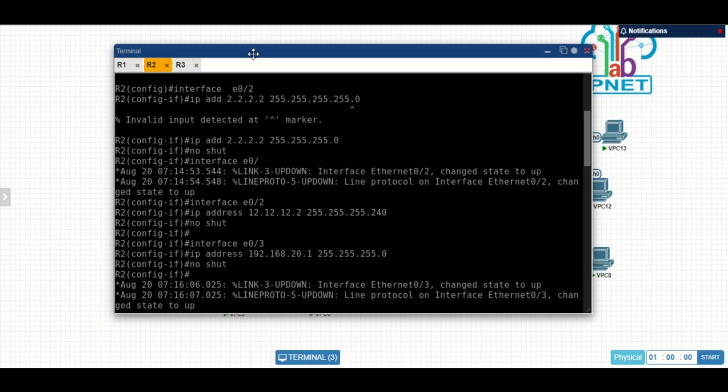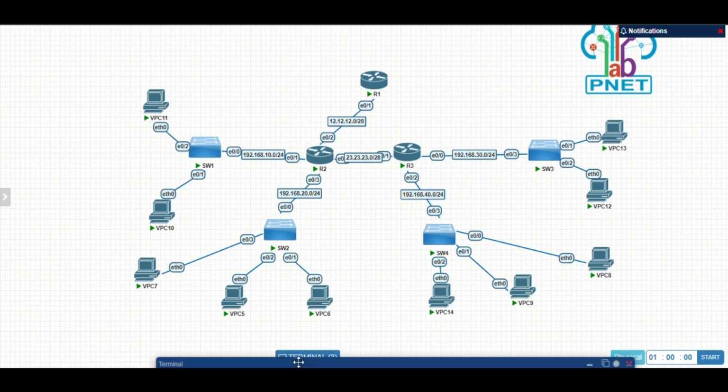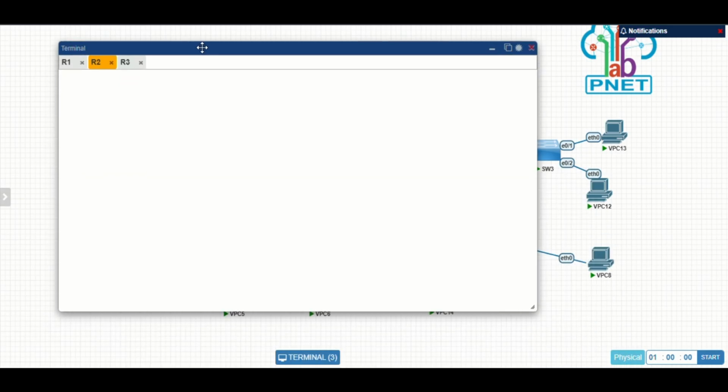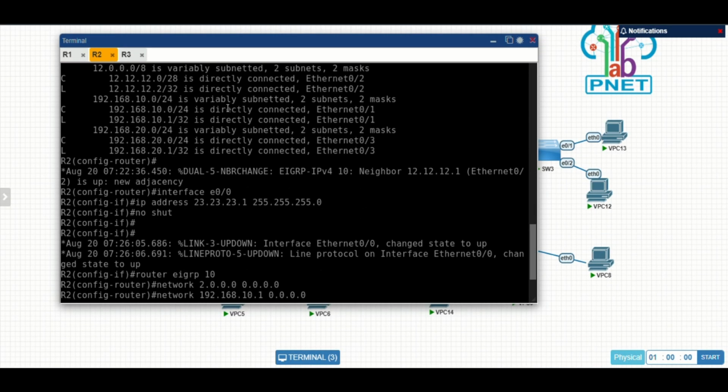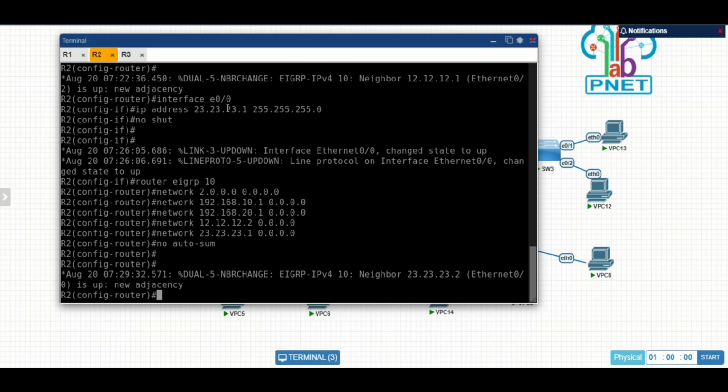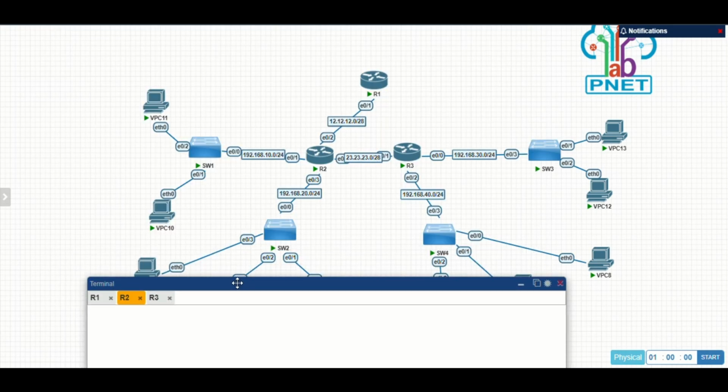Ethernet 2 connects to router 1, and then interface Ethernet 3 has the same IP address scheme as Ethernet 1 because it connects to the end devices. 3 end devices here, and then the last is interface 0 connected to router 3.